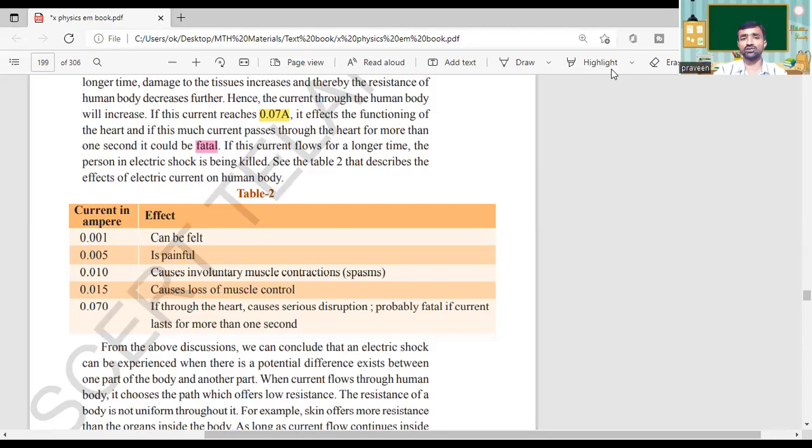So we need to answer one question here. That is, is electric shock the effect of potential difference or the effect of